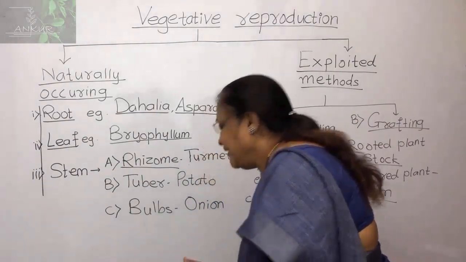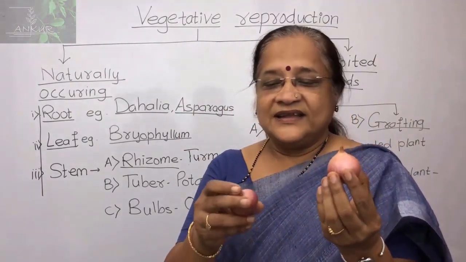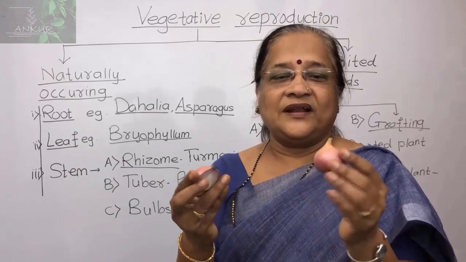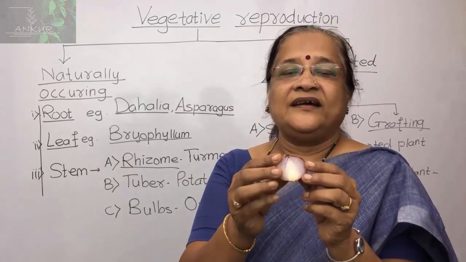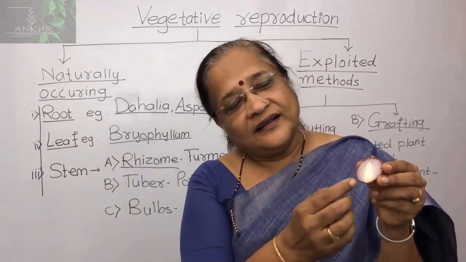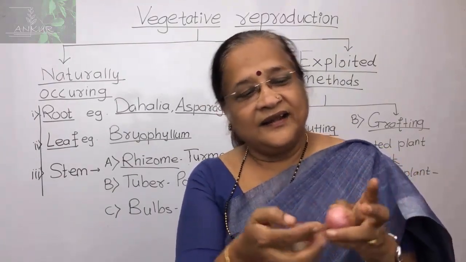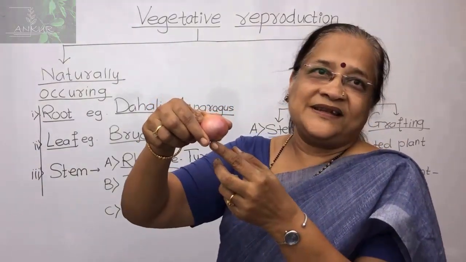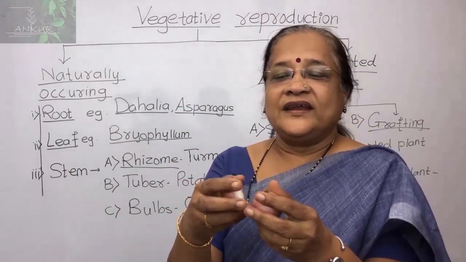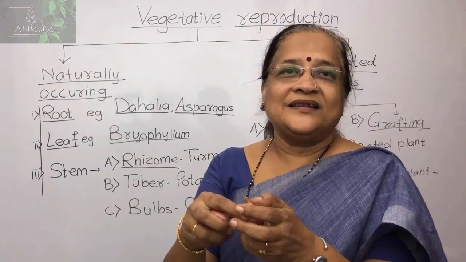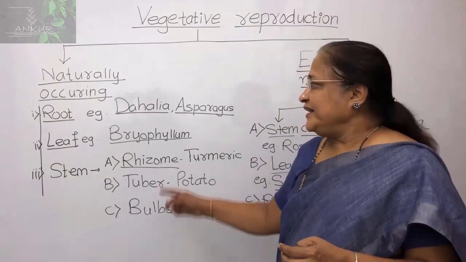Another example is the modification of stem. That one we get here is the onion. Onion is a stem modification which we call the bulb. This is the tunicated bulb. That is, you are getting some covers, and if we take the LS of this onion, a very reduced stem is there, and from that cataphylls are coming, and the roots are arising from the lower part of this stem. And when we put the onion in the soil, we get rooting, and from this you get new plants. So these are some examples of root, stem and leaf cuttings.